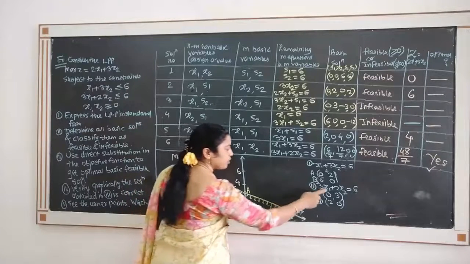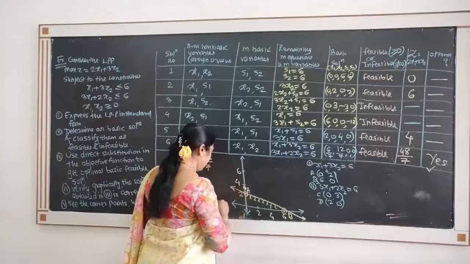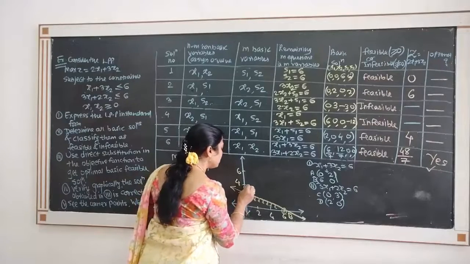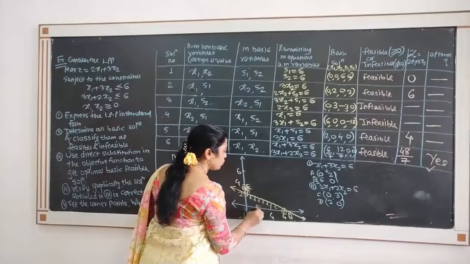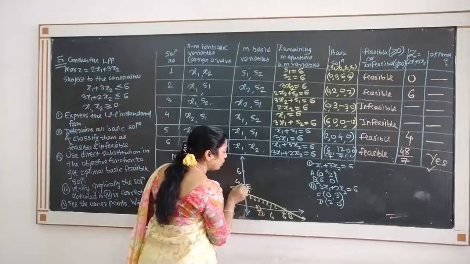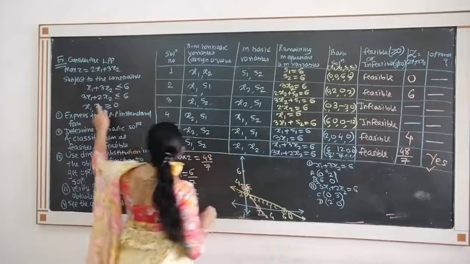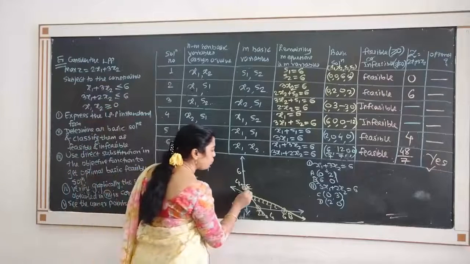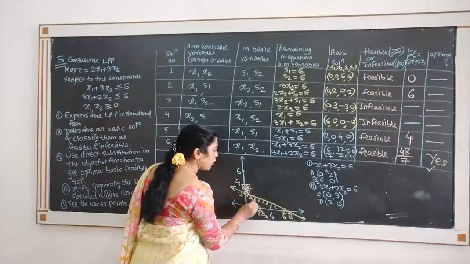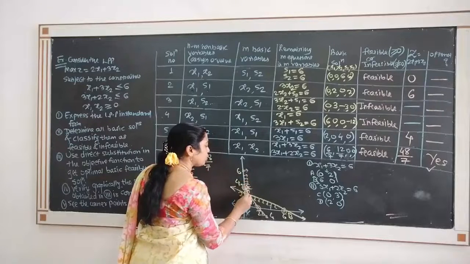So we require this region which is origin side region. The second points are C and D. C is 0, 3. So this is the point C 0, 3 here. And the D point is 2, 0. Here D point. Draw the line CD. Which region is required again? If you put 0, 0, it is less than 6. So we again want origin side region. So we do arrow accordingly. Because x1, x2 are greater than or equal to 0, we require this one region.